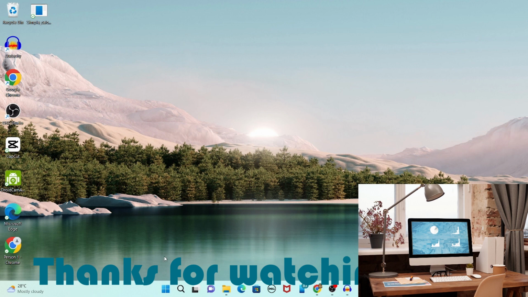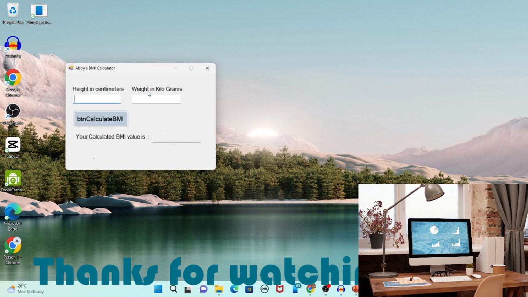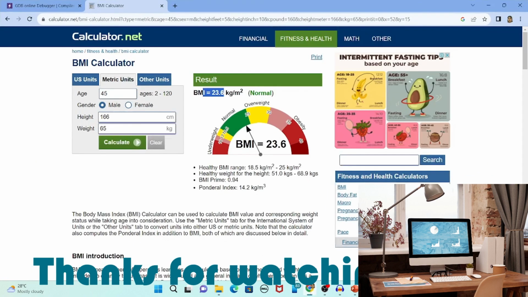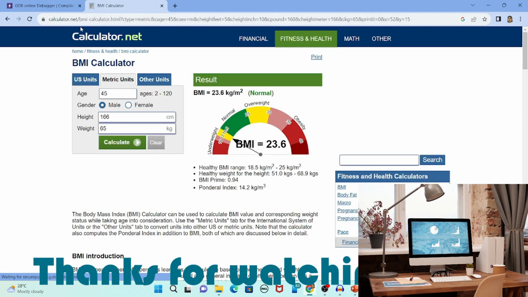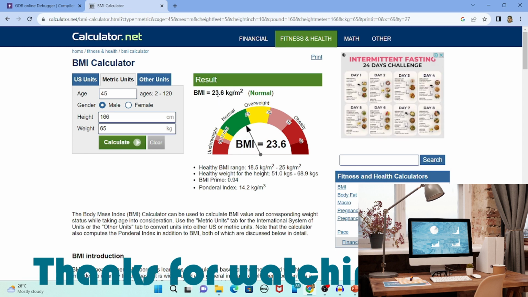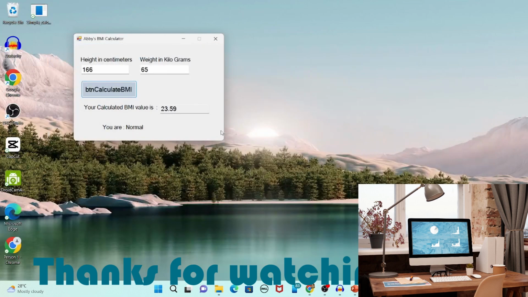Just to give you a glimpse of a small program, I have a sample example which I have written. This is a BMI calculator. You can see Abhay's BMI calculator. We can enter the weight in kilograms, and it calculates the value. This is what I wrote in a simple program, and the same thing is available over the net as well. There is a web-based version of this calculator, where we can enter the values and see them getting calculated. Likewise, we can have a mobile application also. The same application can be created for mobile.